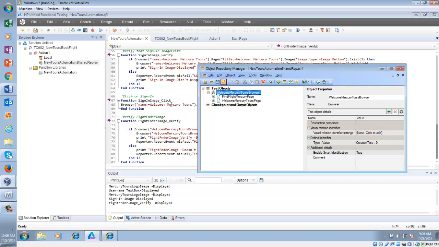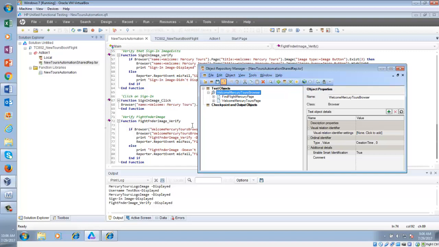As I said, this object repository is in a shared place, and if any of the team members is using this object repository and editing it in edit mode, then other people will not be able to add objects. Does it make sense? Okay.